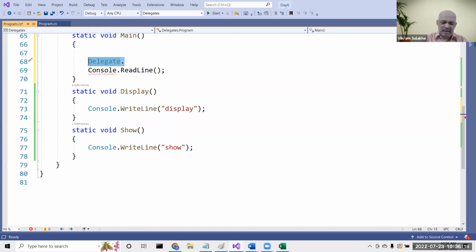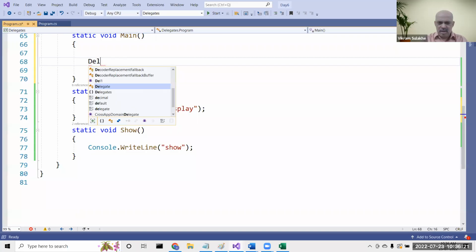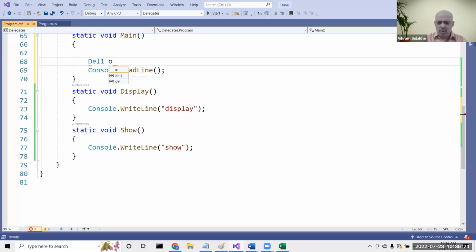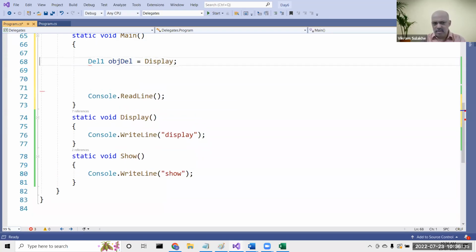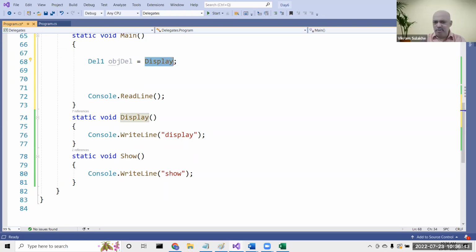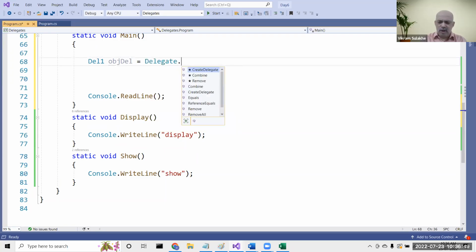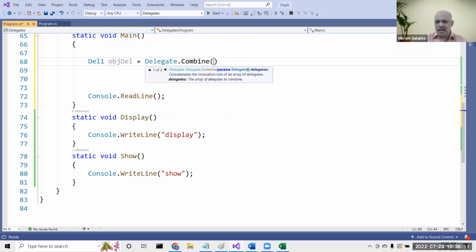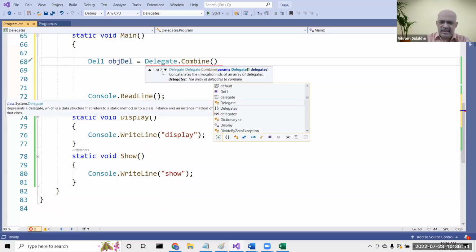What I'll do here is this obj del, whatever, let's say, is equal to display. What is this doing right now? Pointing to display. Now, instead of pointing to display, I'm going to say delegate dot combine, and look at what it takes as a parameter. It could either take two delegate objects as a parameter,